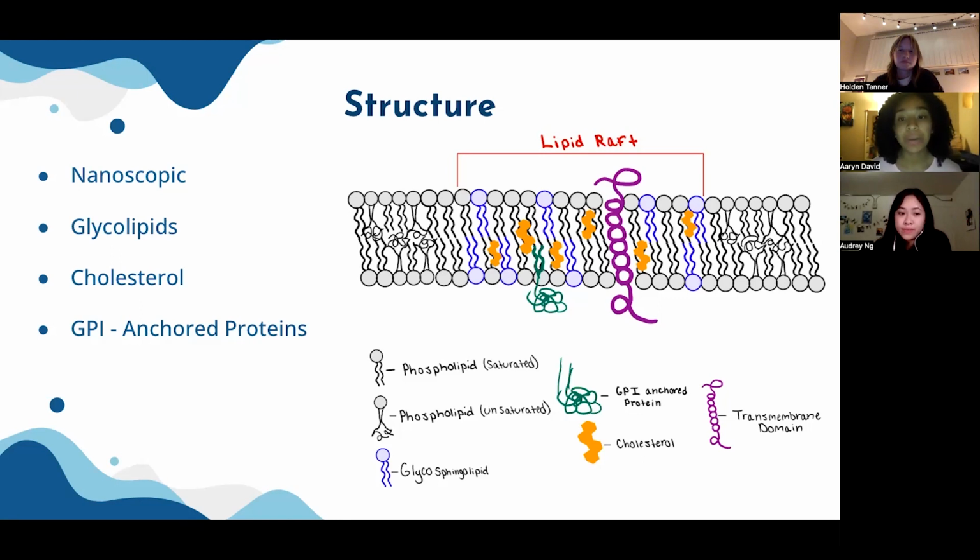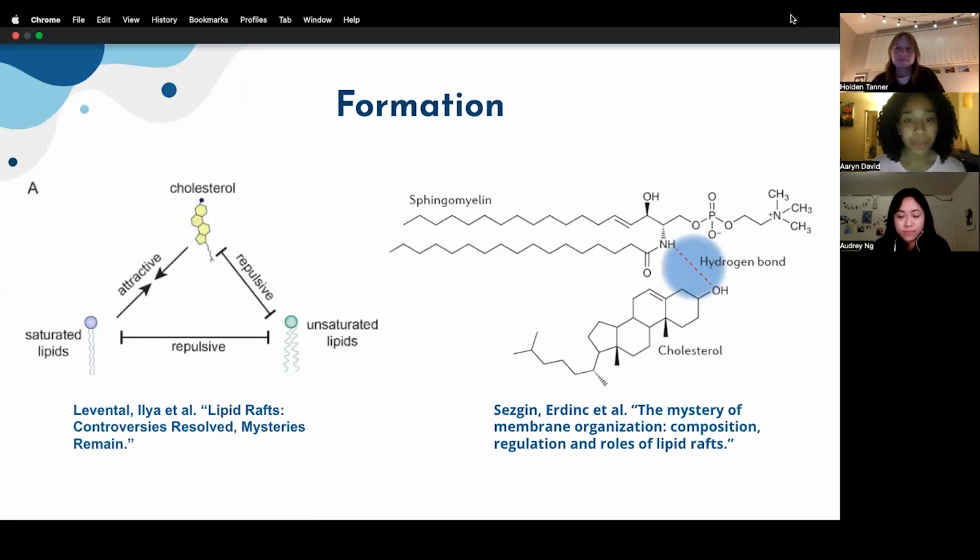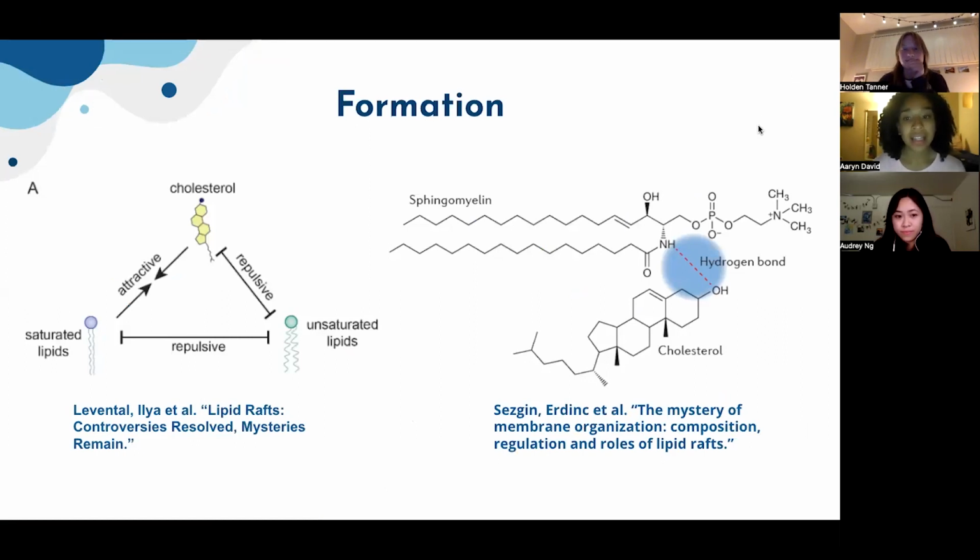In the schematic, we can see that lipid rafts prefer saturated phospholipids in comparison to unsaturated phospholipids, and that goes hand in hand with the formation of these lipid rafts. We can see that the components within lipid rafts, like the saturated lipids, the sphingolipids, and the sterols, have an attraction towards each other,